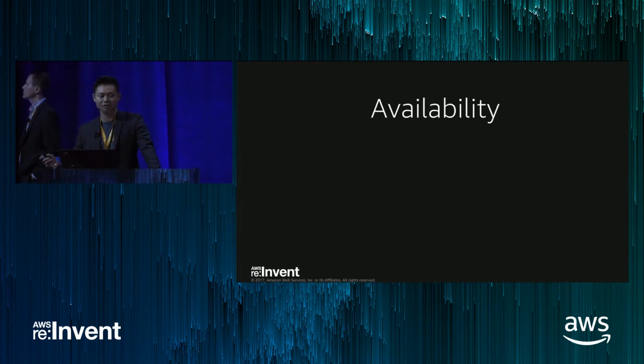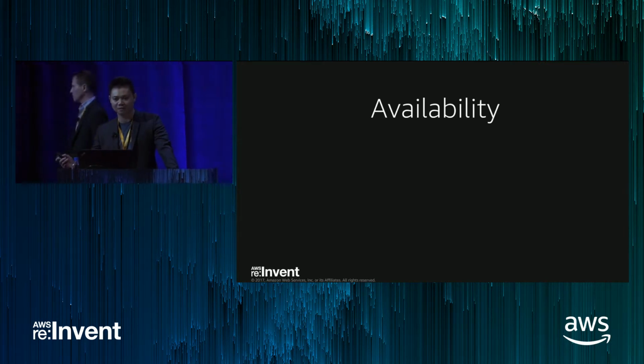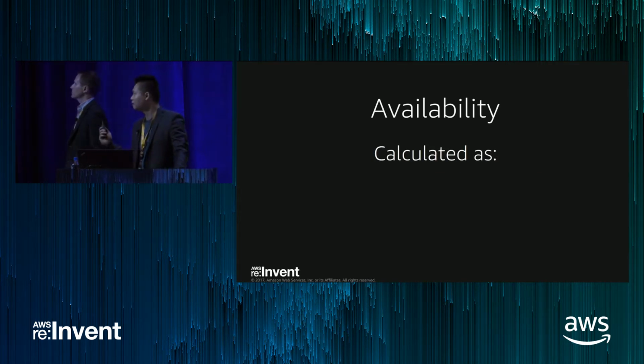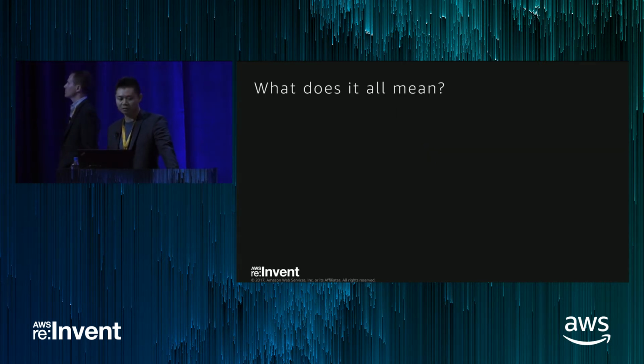Availability, we all know, is intuitively when a service is functioning and working as expected. So that's a key component. How do we calculate availability? We do that with the concepts we just talked about: MTBF divided by MTBF plus MTTR. So with that formula,